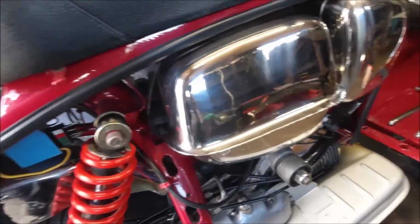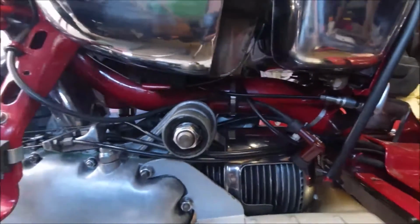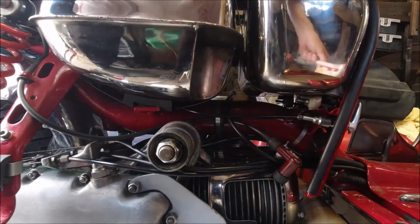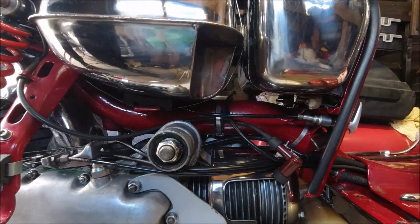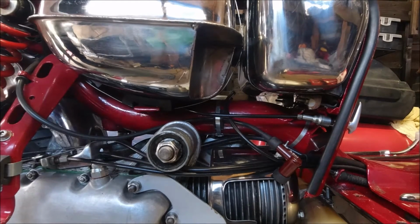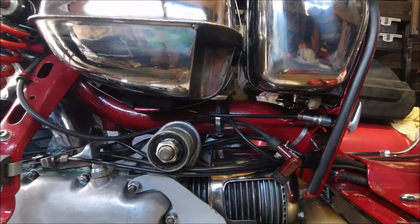And what I've done is I've got one of my ice cream tubs to put all the nuts and bolts in, but I'm going to just stand that there for a sec and I'll put them up on there. I've already taken off the runner boards. There's just the reversal of fitting them. So right, I'm going to leave that in at the moment. You can leave the oil, but I'm going to be draining it simply because it's just neater to do that. So the gearbox oil,